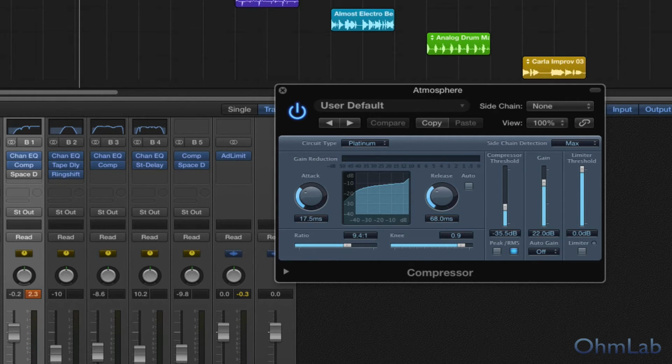Okay, it's big and it's brutal, and you'll notice that, bam, there's clipping here, and oh, the ratio is all the way up to almost 10, and the compressor threshold is all the way down at -35. The gain is up at 22. There's a reason for this. This auxiliary channel is not going to be played back at full volume, first of all. And second of all, what we're really wanting to do is not necessarily ignore the sounds that are already easily heard,